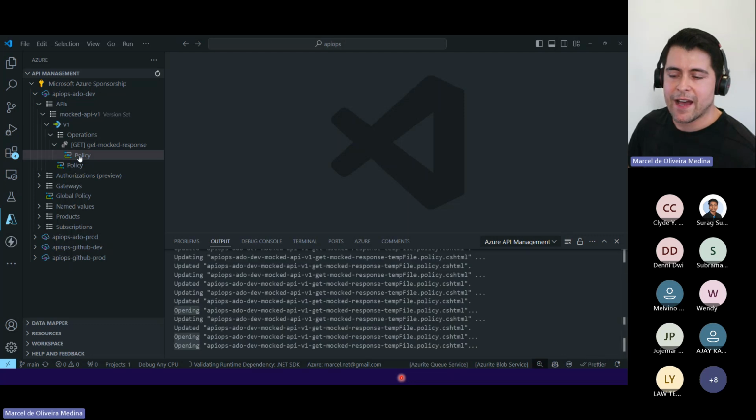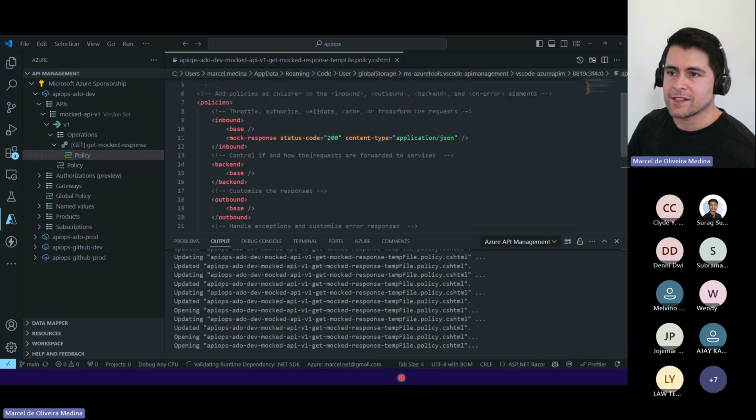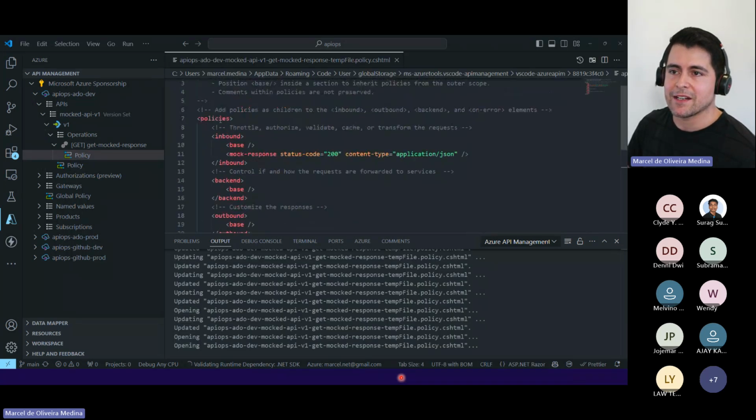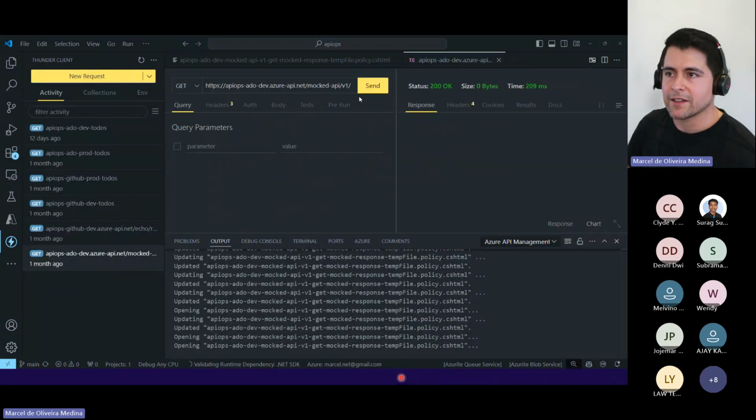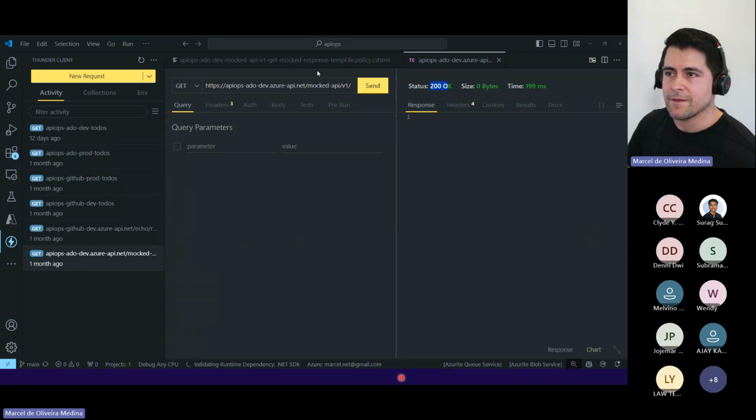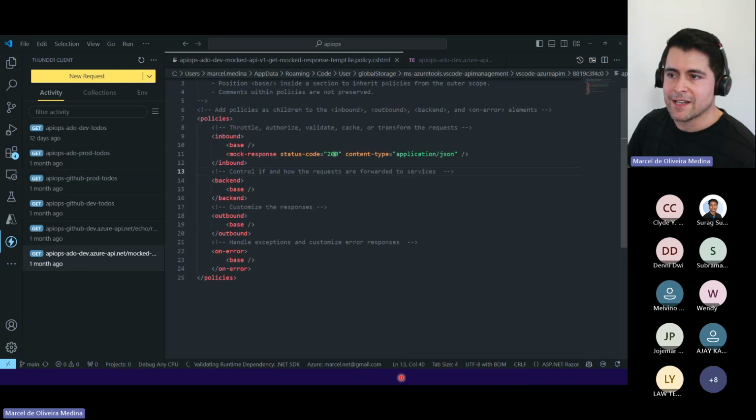If I open that, you're going to see that I have some schemas in here. They're called policies, but I have a return of 200. I have my Thunder Client in here, which is basically just an HTTP client. If I send that, you can see I get a 200, because it's specified in here.